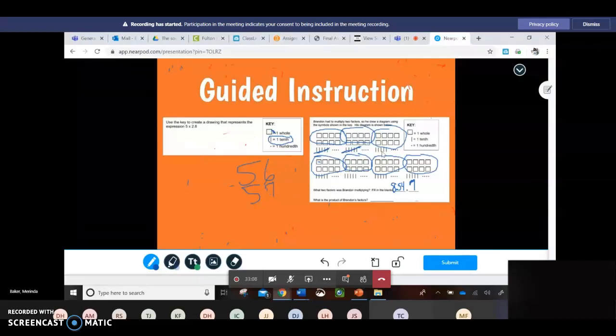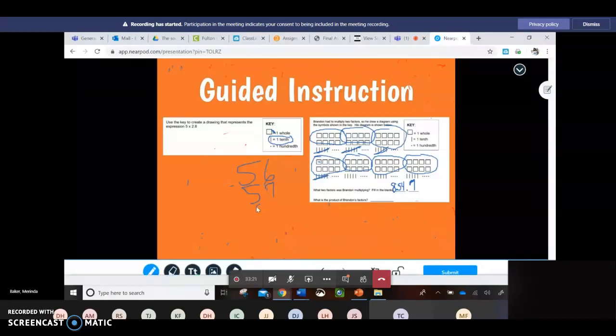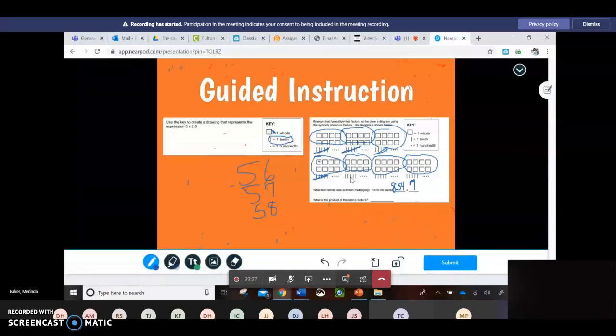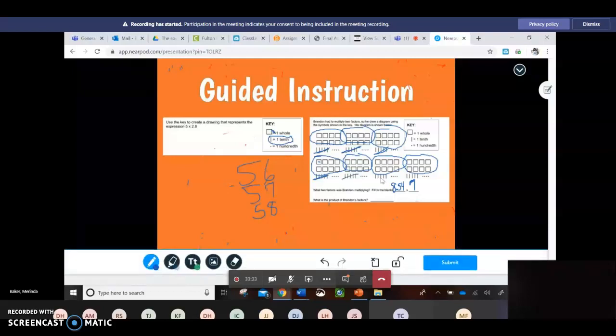10, 20, 30, 40, 50, 60, 70, 80, 90, 100. And I'm going to cross out both of those as well. So now that I got to 100, I have another hole. So it's 58. 10, 20, 30, 40, 50, 60, 70, 80, 90,